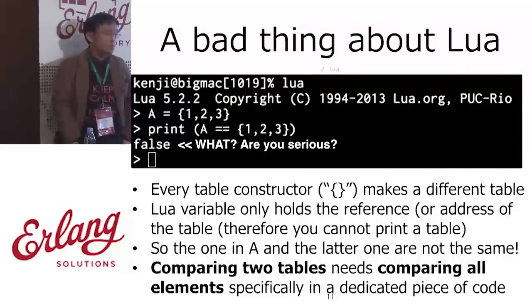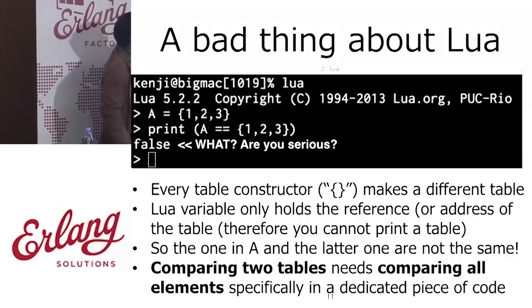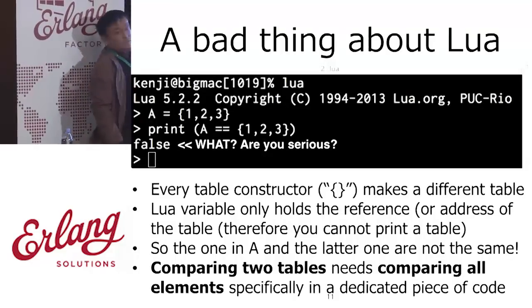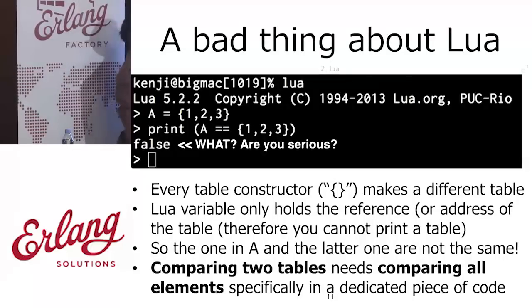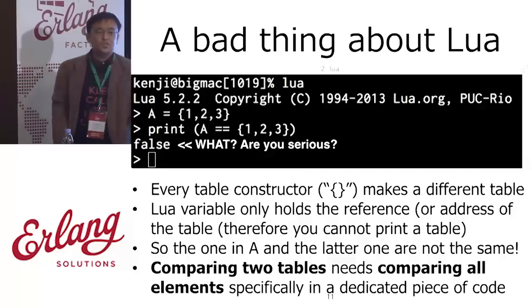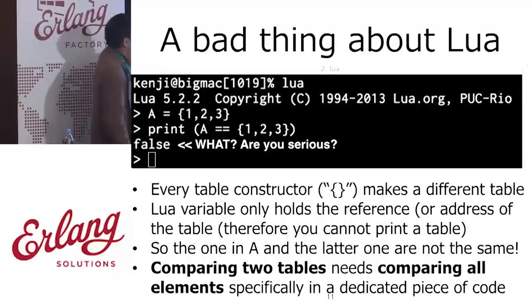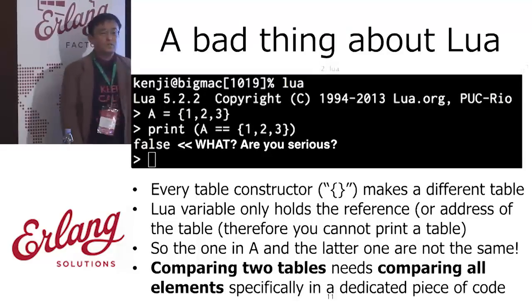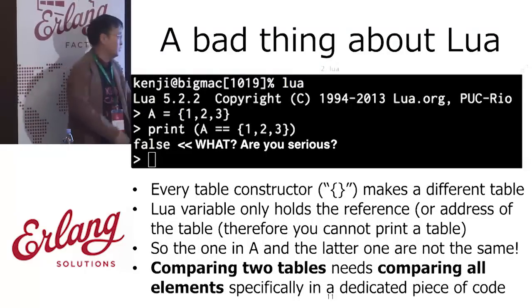All right, but there is surely a bad thing about Lua. You see this. You make a table called A, which is 1, 2, 3. And if you print whether A equals {1, 2, 3}, that should be true. But on Lua, this is false. Why? I once experienced this. I thought I was sure. But